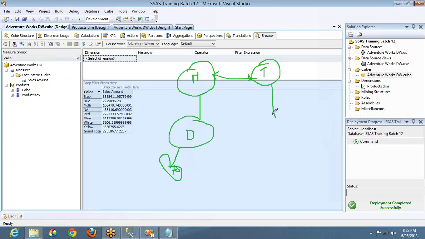In the same way, the transaction table we call measure groups, and the columns in that are called measures. So using the transaction table we create measure groups, and each and every column that we add as part of the measure group we call measures. In the same way, using master tables we create a dimension, and each column in the dimension we call attributes. Now in this example, what is the attribute and what is the measure?